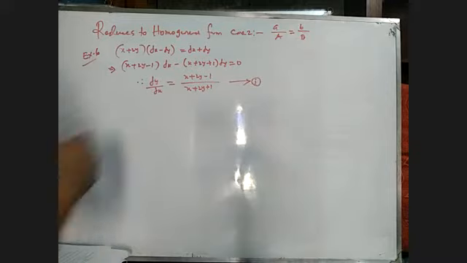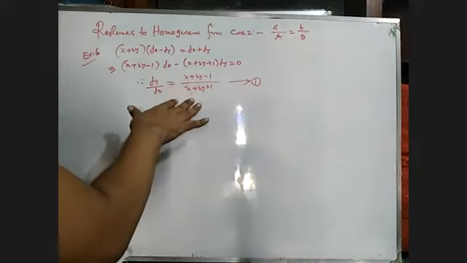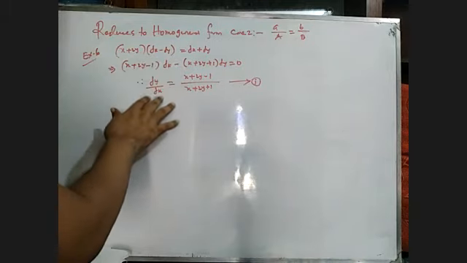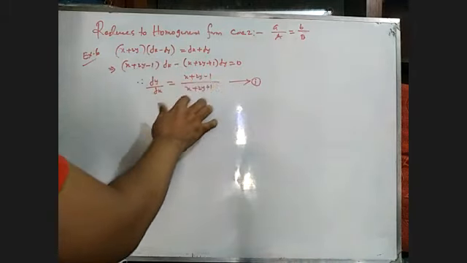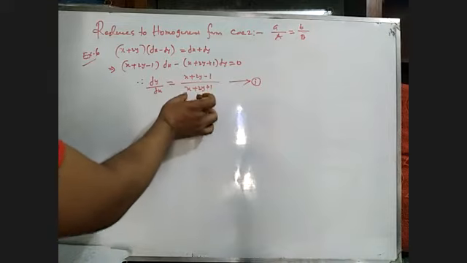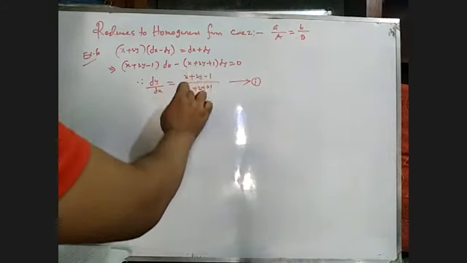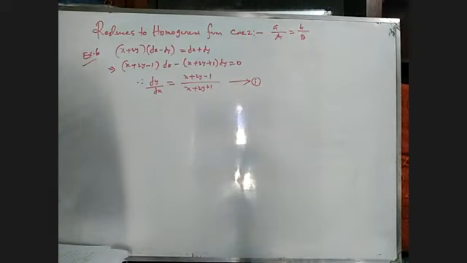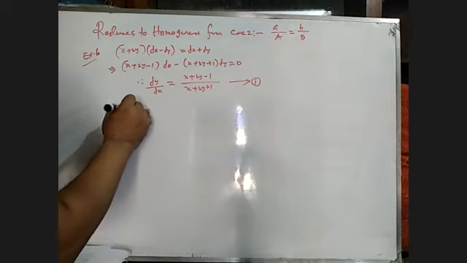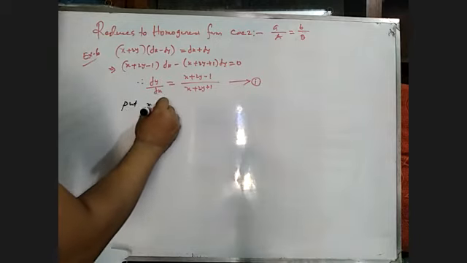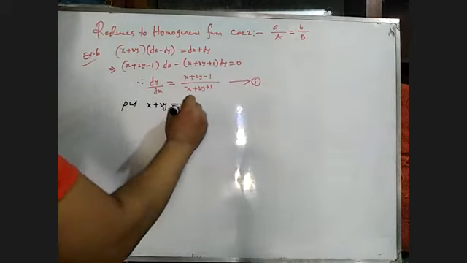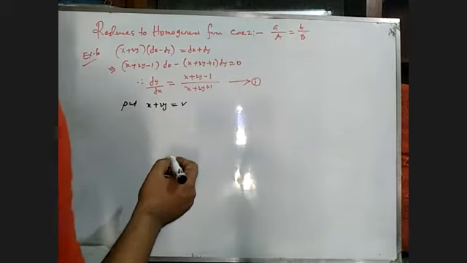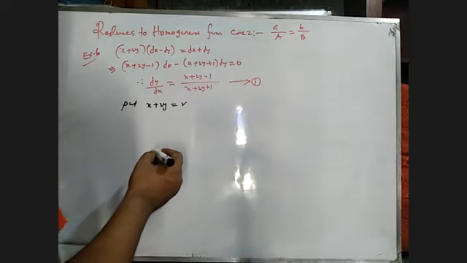So this is case 2, and this is the given differential equation. Just rearranging, we can write dy/dx equals (x plus twice y minus 1) over (x plus twice y plus 1), but the ratio of x coefficient and y coefficient are the same. In that case, how can we solve these types of problem? Now put x plus 2y equals b. We just have to replace the same term with b.